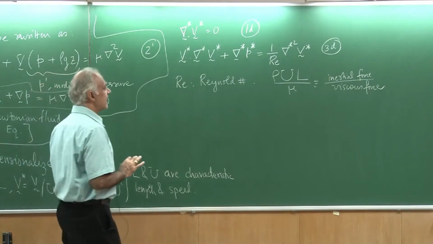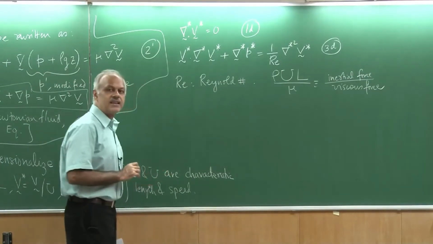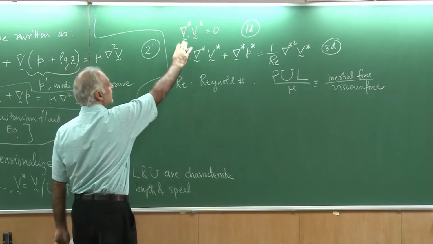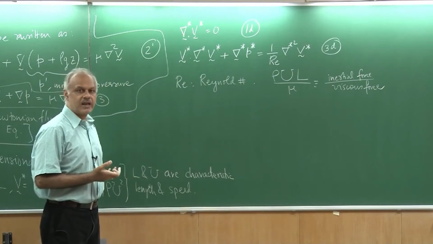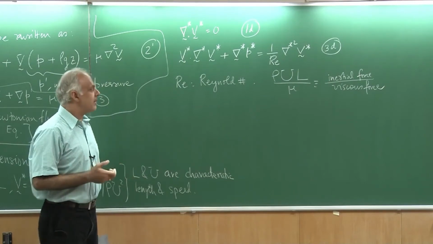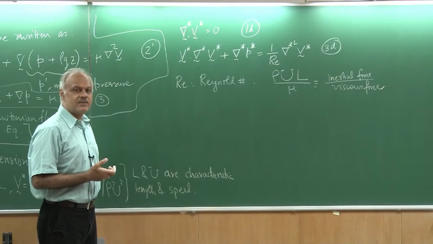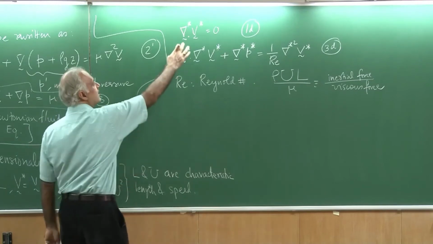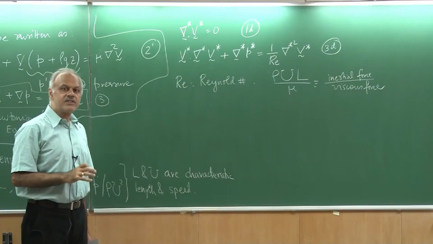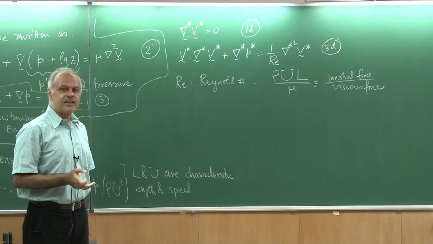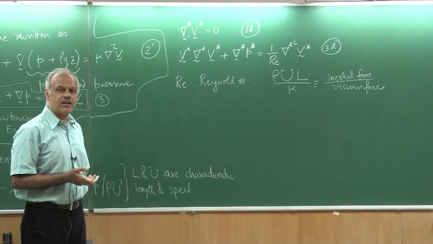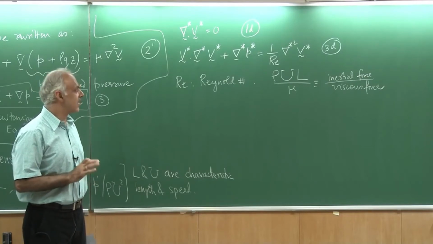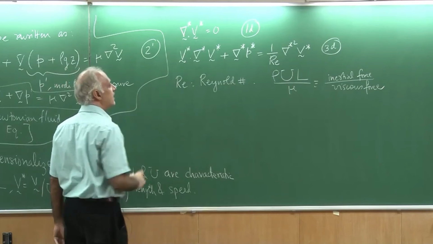So let's take a moment to understand what these equations tell us. The first equation is simply saying that for a velocity field to be viable, I could have any velocity field, but for it to exist so that it satisfies the balance law such as the continuity equation, it must be divergence free. So a velocity field which is not divergence free cannot be a physical representation of a flow, at least an incompressible flow. That's the interpretation of equation 1D.